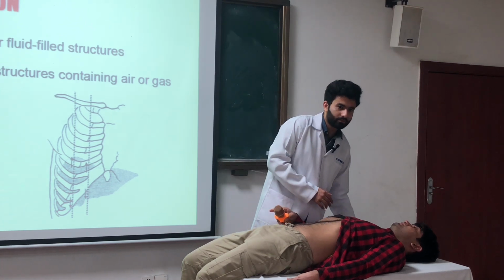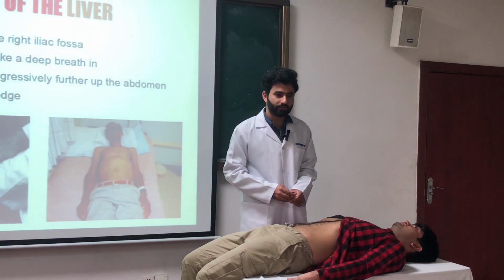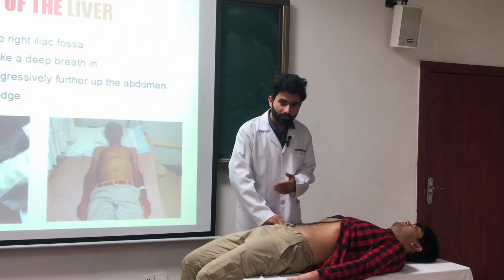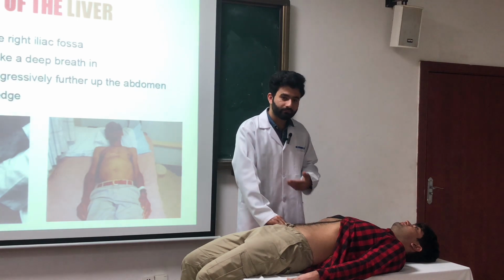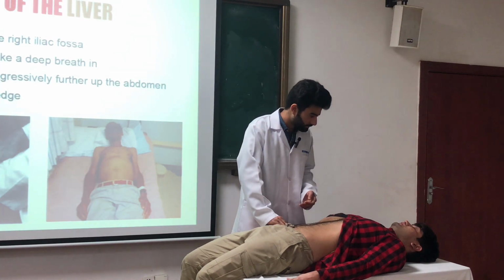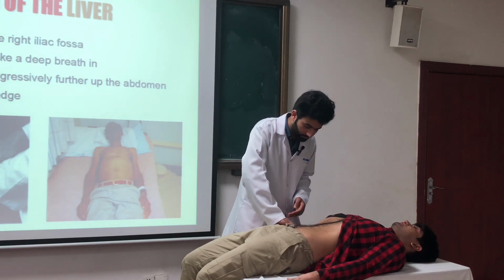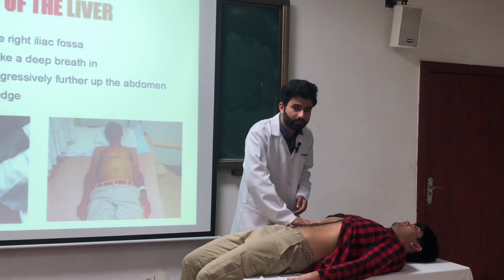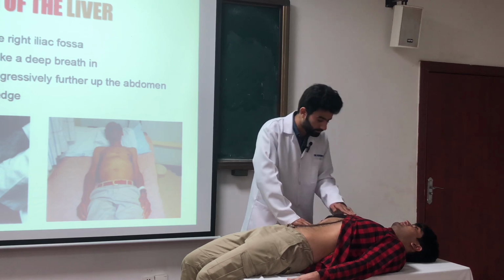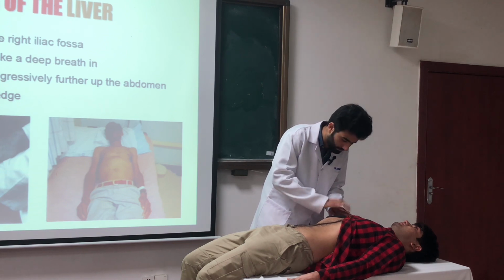So after doing this, we should go to palpate the liver of the patient. For palpating the liver, we should start first from the right iliac fossa, and then we go 1 centimeter above from the right iliac fossa. And while doing this, we ask the patient to take deep breaths. In deep inspiration, the liver descends, and we can feel it. So we do this for the lower border of the liver, and for the upper border we start from the fifth intercostal space and we percuss, and where there is dullness, the liver is there.